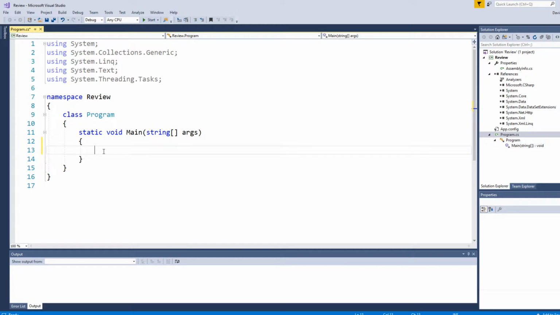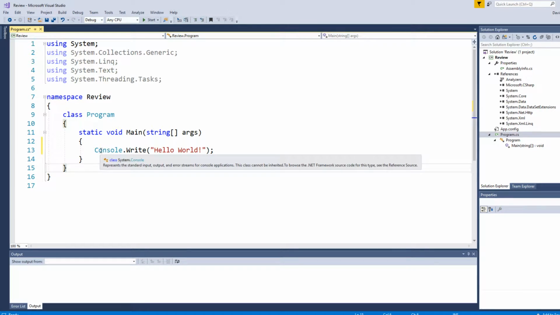So what we can do is start typing instructions here. I just want to say, how you doing, right? So I'm going to type Console because I want to send something to the console. And I want to write something to the console, so I'm going to do Console.Write. And inside, I'm going to type hello world, right? That's pretty easy stuff. What that's doing is saying, hey, on the console screen, I want you to write these words right here. Everything that I wrote is extremely important. It has to be exactly the way it's written here. Everything is case sensitive,